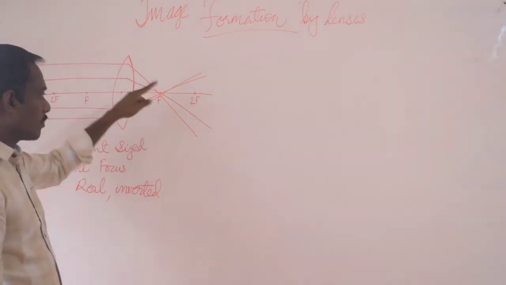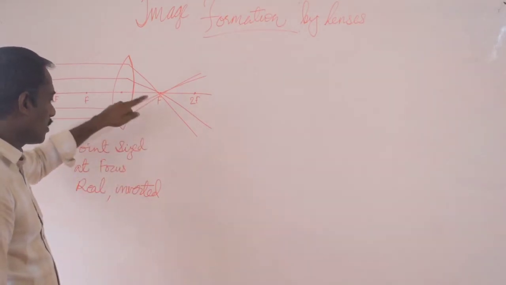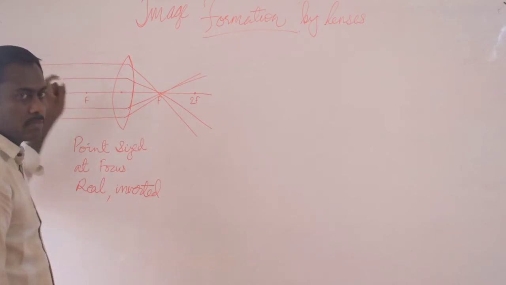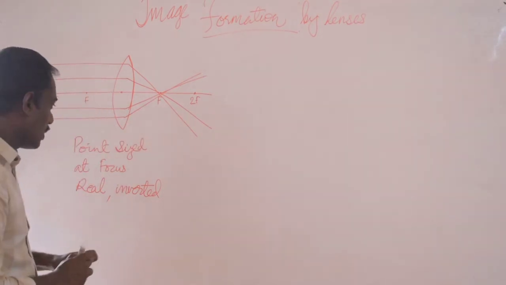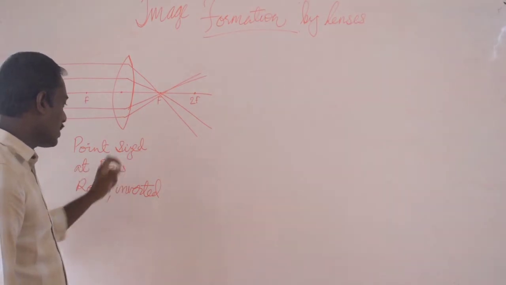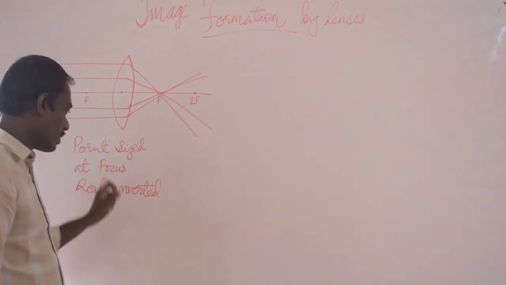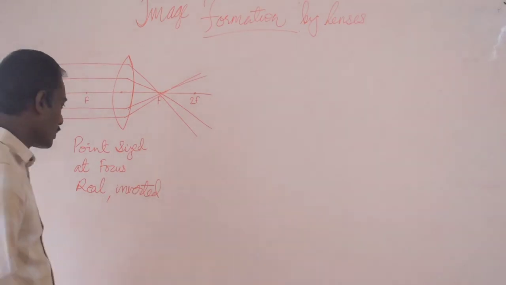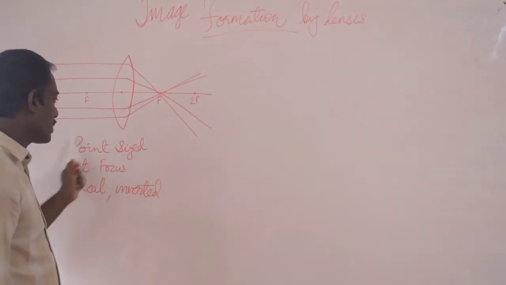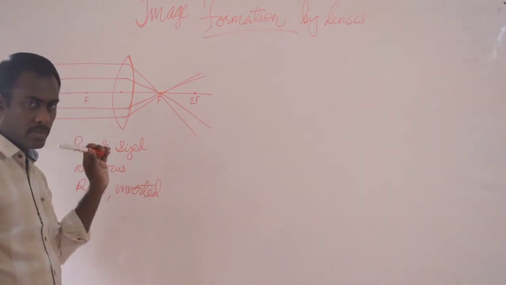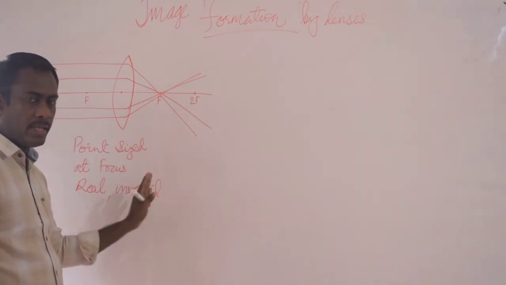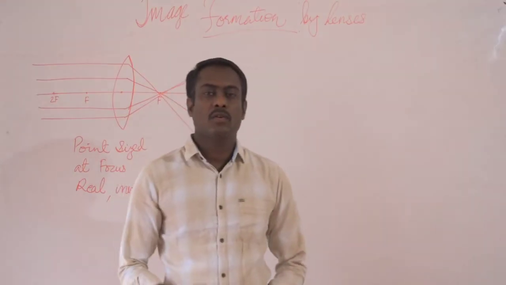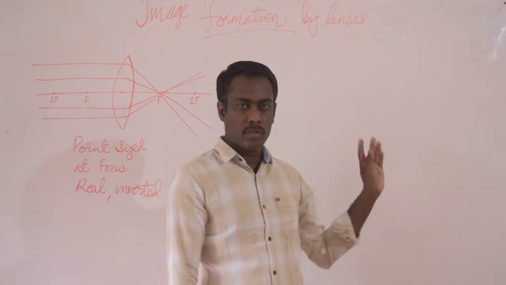So this is the position and the nature of the image formed by a convex lens when the object is kept at infinity. It's a point-sized image, formed at focus, real and inverted. And since it is a point-sized image, it is highly diminished. Next, when the object is kept beyond 2F,